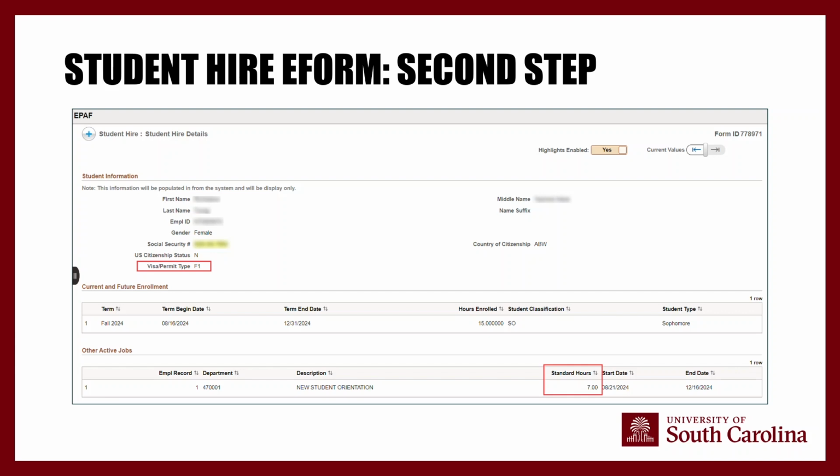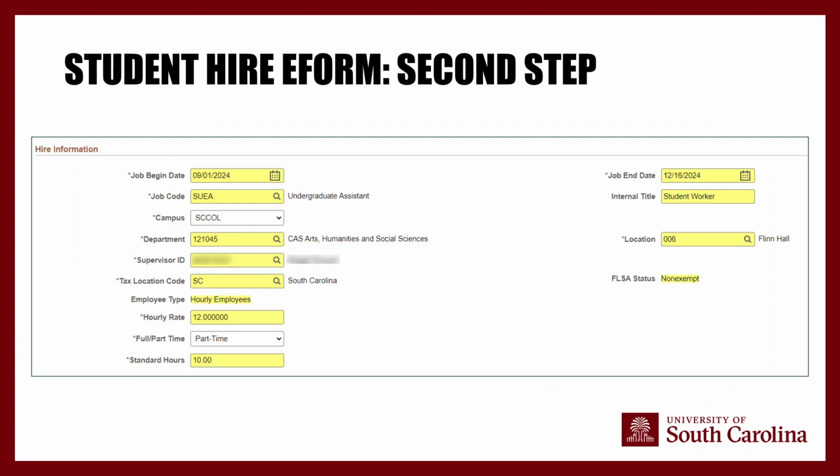In the Student Information section, verify the nationality of the student and ensure they are registered for an appropriate number of credits for the time period that you wish to hire them for. In the Other Active Jobs section, you will see any other jobs that the student may have on campus. Be sure that your hire will not put the student over any applicable limitations and hours that they can work per week. After verifying that the student is eligible to work as a student employee, fill out their hire information